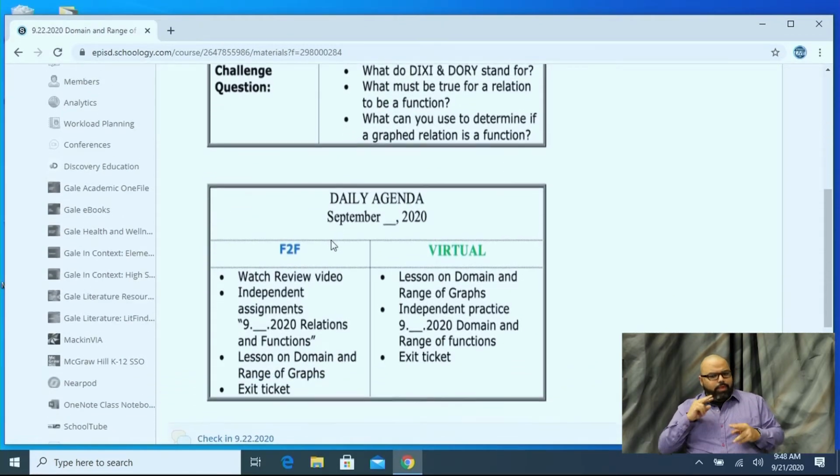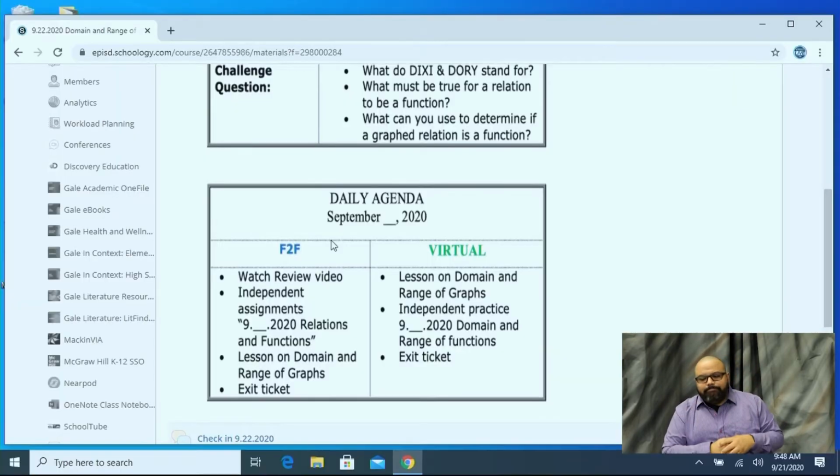My daily agenda, as I said before, is posted on Schoology for them to reference, because sometimes kids have difficulty coming into Zoom or into your virtual setting because of whatever reason, their internet connection overloading or whatever it was. So for those students that are late, it's actually really helpful for them to go and see their daily agenda and catch up to what they're doing. Whether you reviewed it with them or not, it's available for them there.